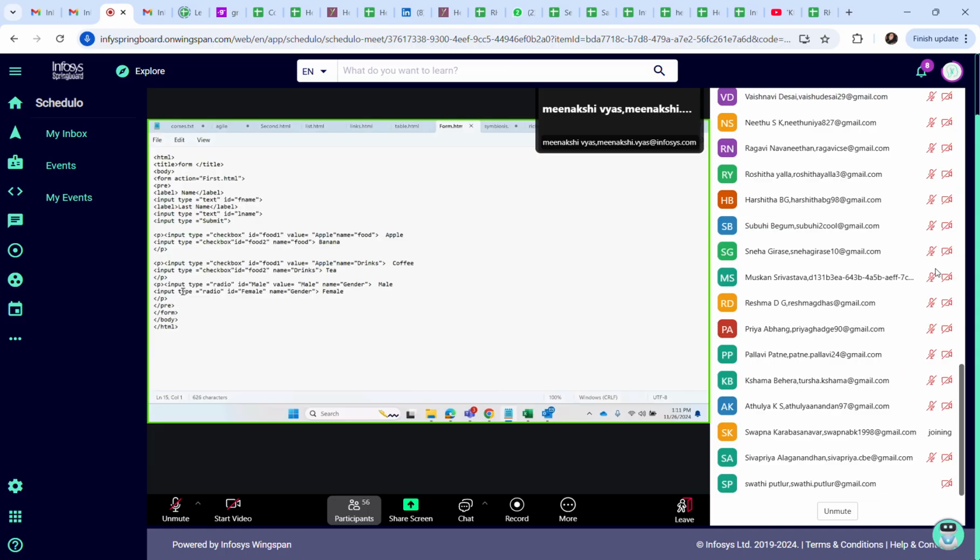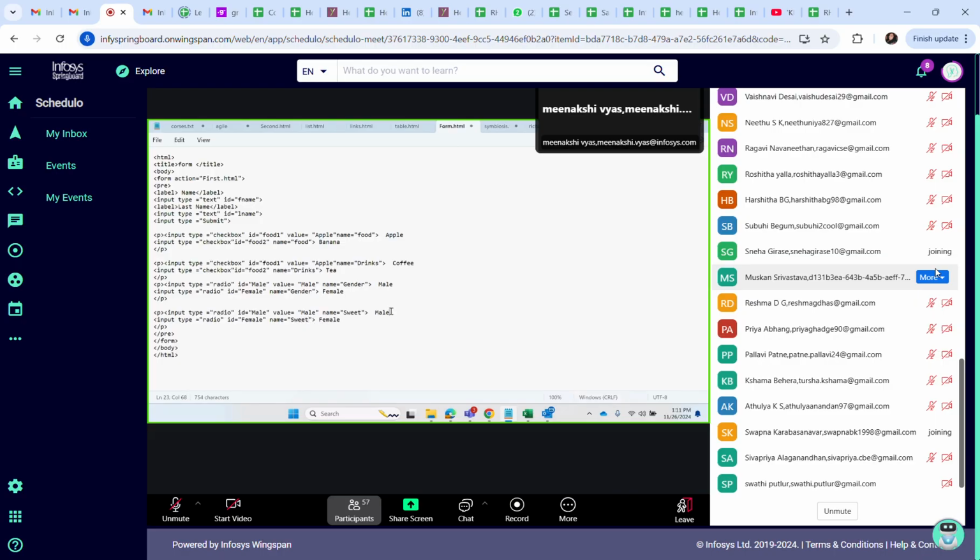Similarly, for the radio button, I have written male, gender. Similarly, I have to create another one. Let's give a name for what I want to select: you can select one sweet. Okay, one free sweet is there, you can select one sweet.